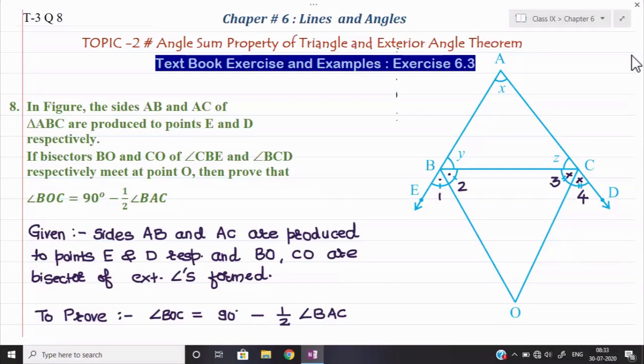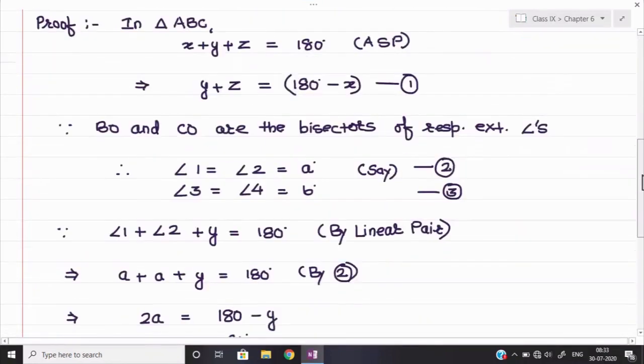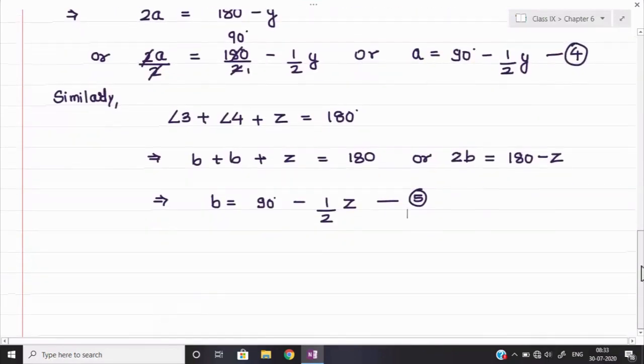We can say that is angle BOC, because we'll give the full name; only angle O doesn't look nice, so we shall write down here angle BOC. And here I will apply first the angle sum property. So we'll write down further, in triangle BOC,